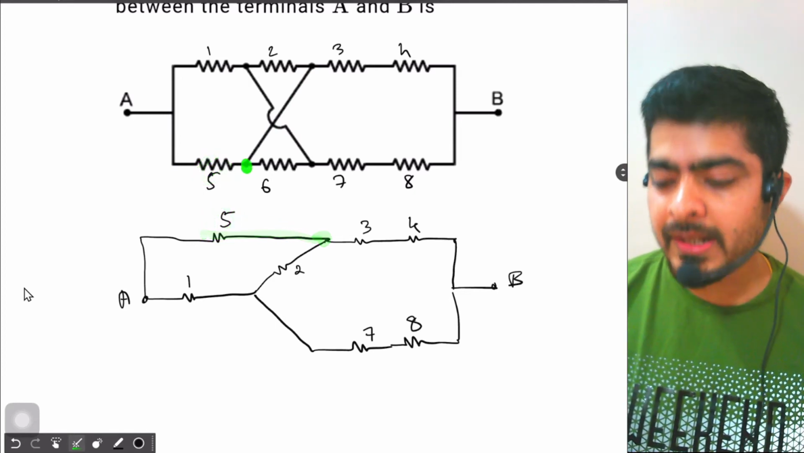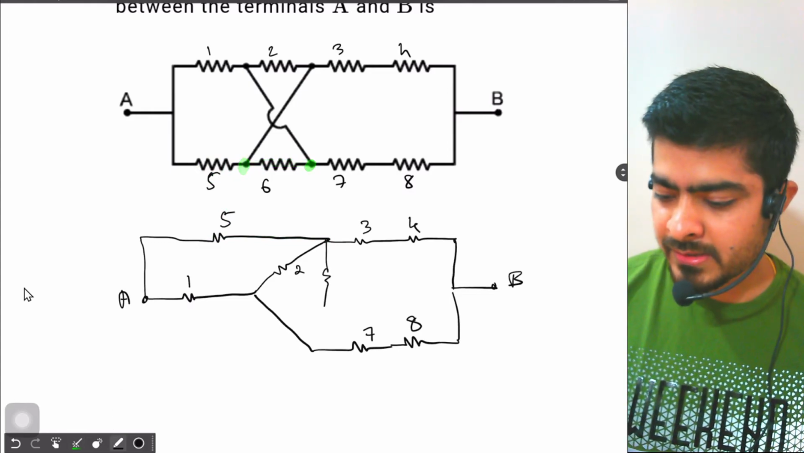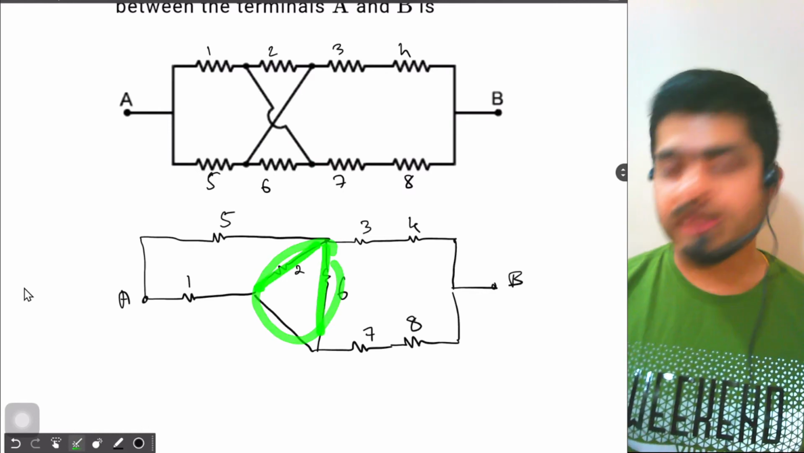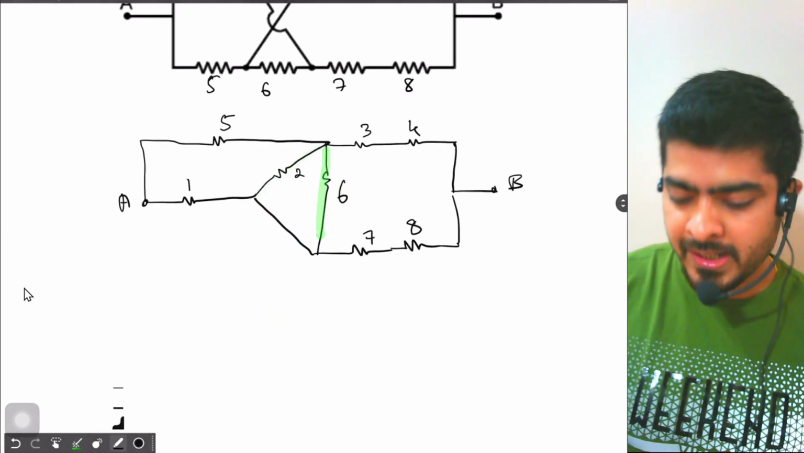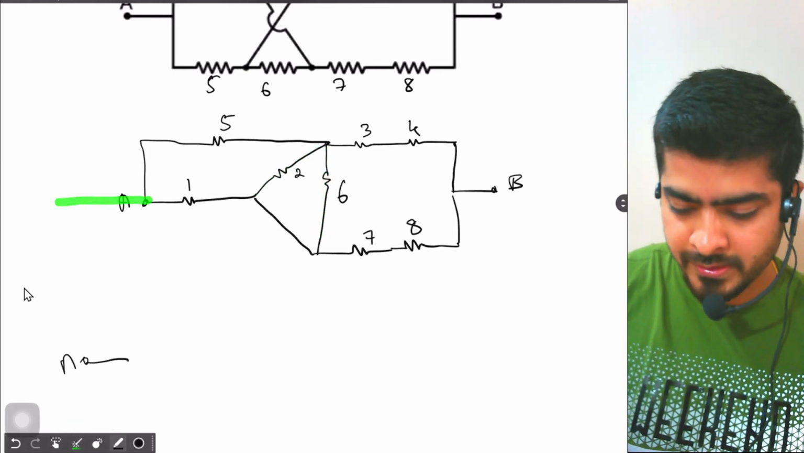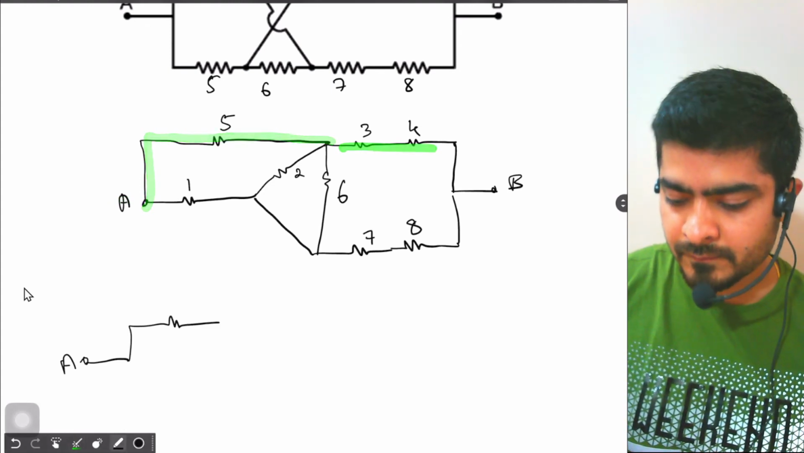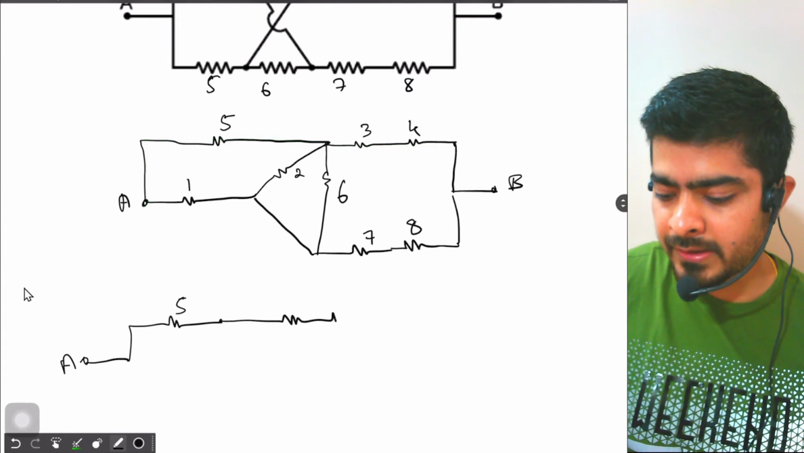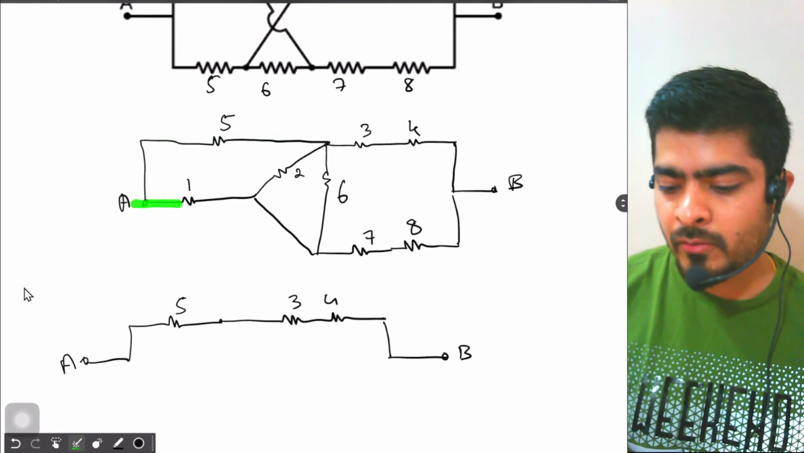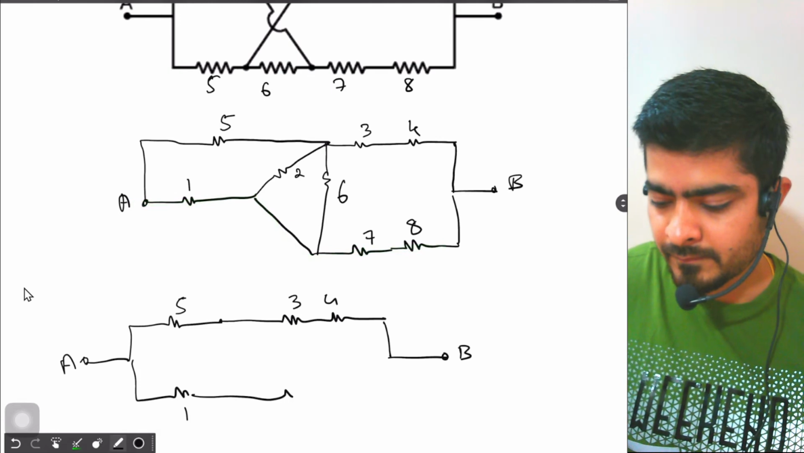Now from here I have one more resistor 6 which is connected between these 2 points. So this resistor number 6 goes like this. Okay, so now if you look at this part, these two resistors are in parallel. So again I rearrange my circuit. Now I start from here, point A, then I go by 5 and 3 and 4, then I go by 1 and over here 7 and 8,